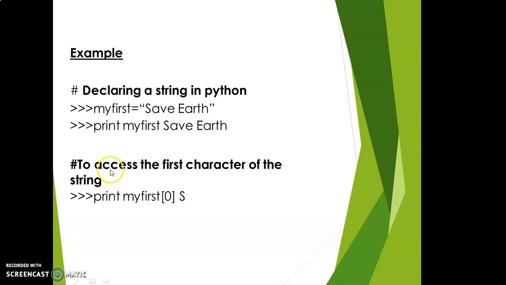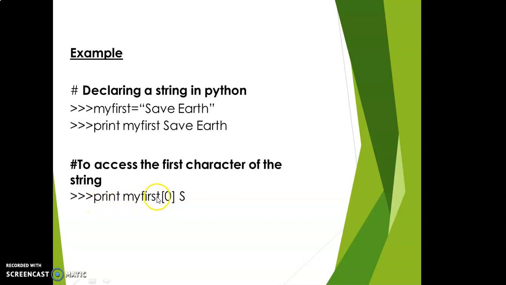So you can retrieve a particular character from a string. How to access it? By using slice. What is a slice? From the whole of the string, you can retrieve a particular part, and that is called a slice. So accessing the first character of the string is the first slice.